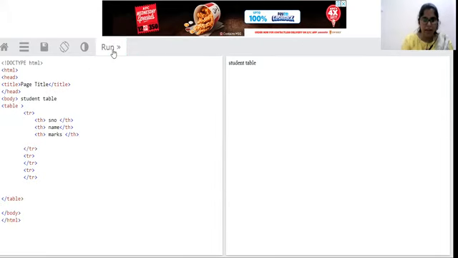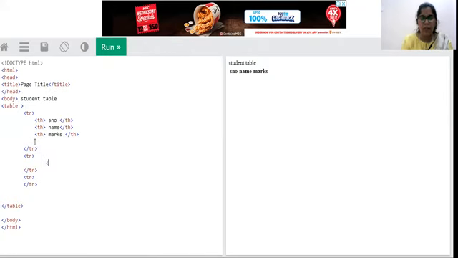So let us see how it will be rendered first. So with this we are getting only the heading. So with this our first row is finished. Let us move on to the second row. Our second row and third row both are having data. So I am going to keep here a student data with the help of TD tag, which is used to mention the table cell data.